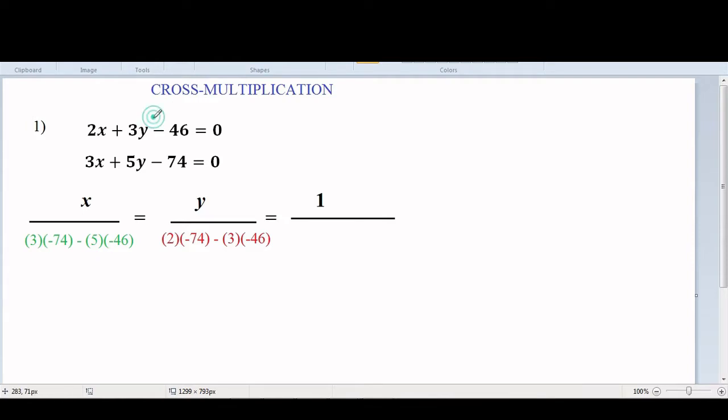Next, for the constant, you have to ignore the constant part, that is this one. Now for the constant, you have to follow the order of crisscross multiplication just like x. So simply remember that the order of multiplication for x and for the constant term will be the same. Just in case of y, the order of multiplication will be reversed. So here we have to simply multiply 2 into 5 and 3 with 3.